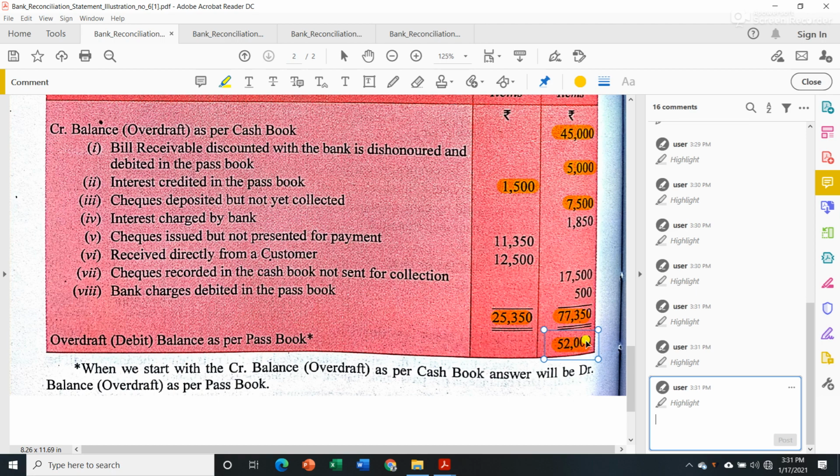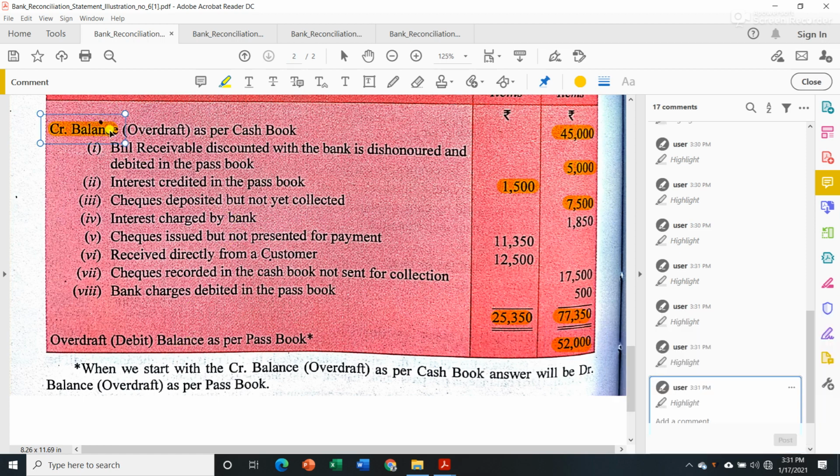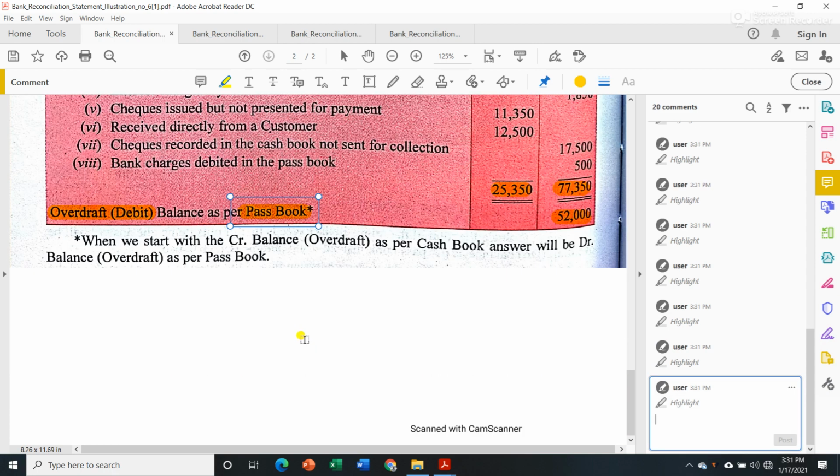Okay, balancing figure. Since the minus sign is more, we will write the opposite. That is, earlier we had credit balance, so here the opposite will be debit balance, and since we started with cash book, we will get passbook at the end. Okay, now let us see the next